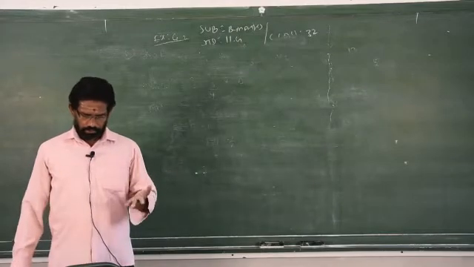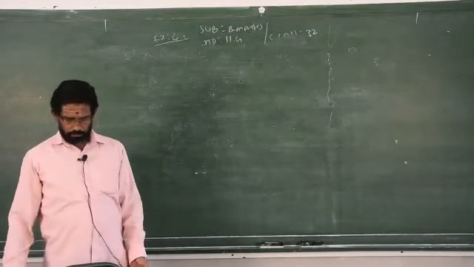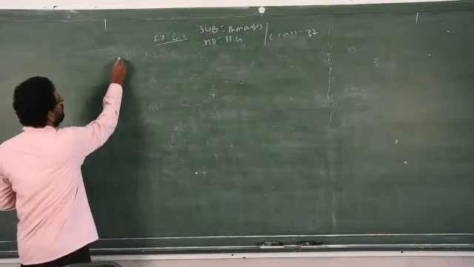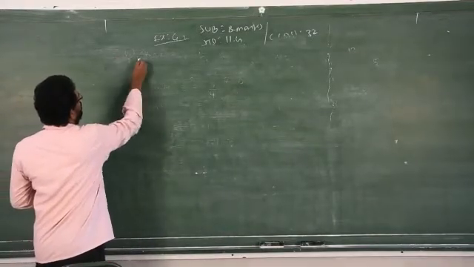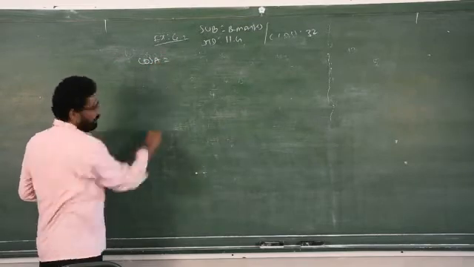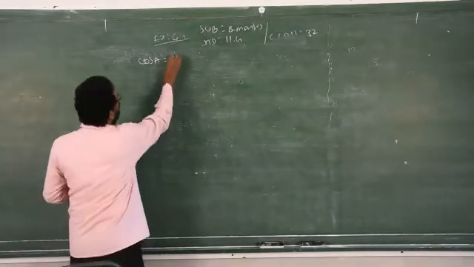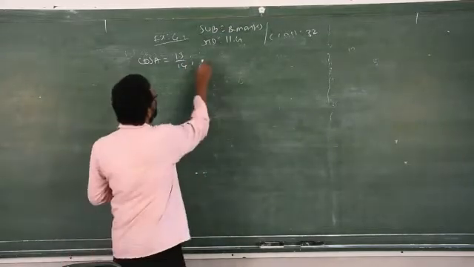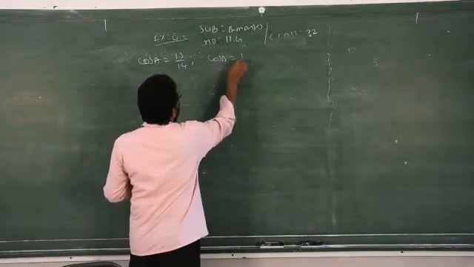Cos A is given, cos B is given. You have to prove that A minus B is pi by 3. Cos A is given as 13 by 14. Cos B is given as 1 by 7,